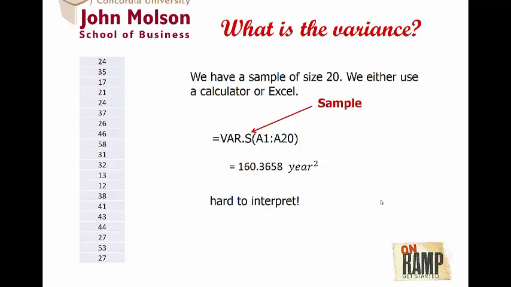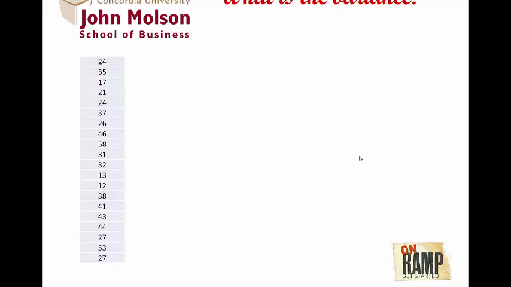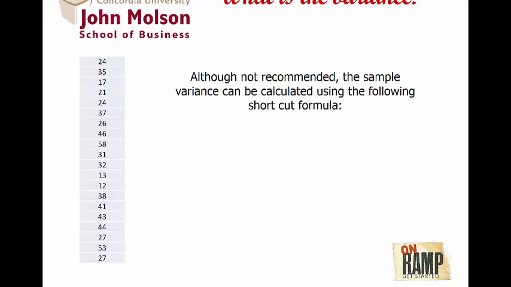It's quite hard to interpret. What does it mean, 160 year square? It's not user-friendly. We cannot do much with this. So again, if we want to do it the long way, if one would like to use a calculator step by step, instead of just asking for the function on the calculator, we can use this shortcut